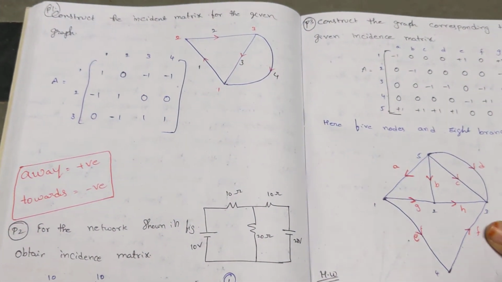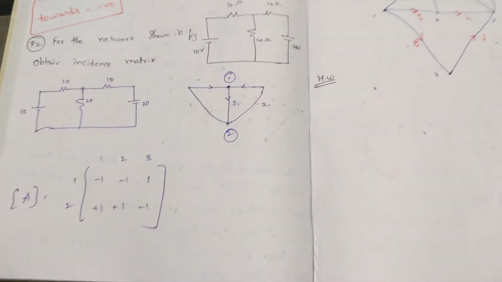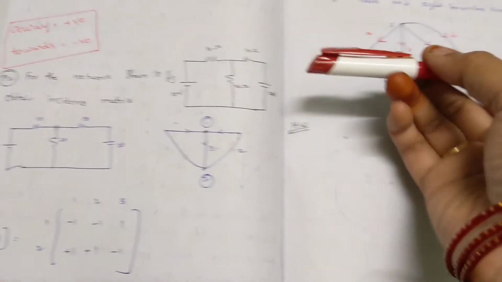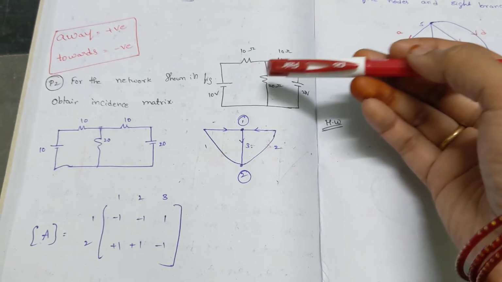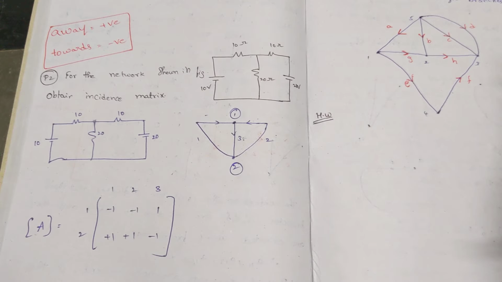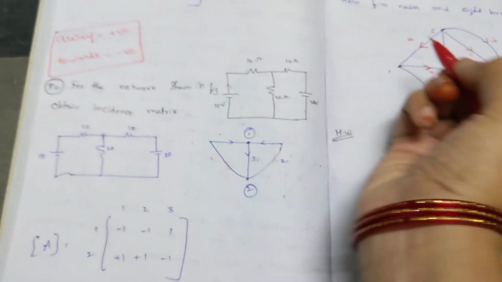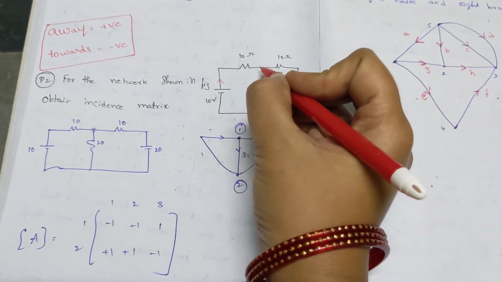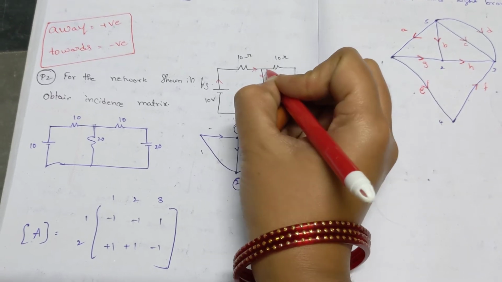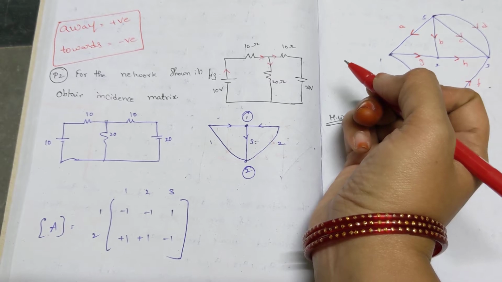This is the thing when we are given a graph. Now, for the same incidence matrix, if they directly provide a network, how are we going to draw the graph? As we know, the current starts from the source. Here I have a node. Whatever current is available here, it is divided into these two parallel branches.